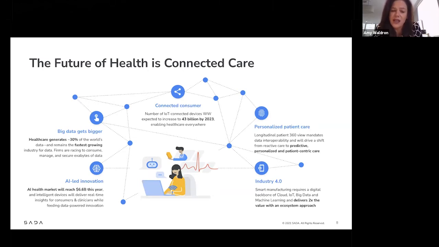The key is how do you turn that data into information? And that's where we're looking at AI-led innovations. The AI health market will reach 6.6 billion this year and will be delivering real-time insights for consumers and clinicians while feeding data-powered innovation. The question we should be asking ourselves is how do we make sure this information is connected? And as Michael mentioned earlier, if you go to the right-hand side of the slide, you'll see personalized patient